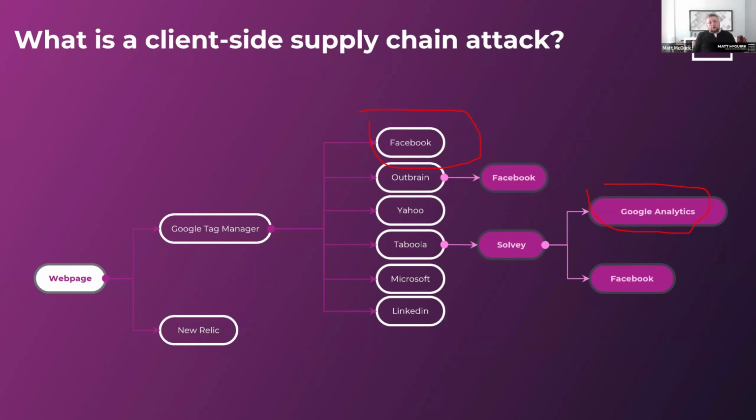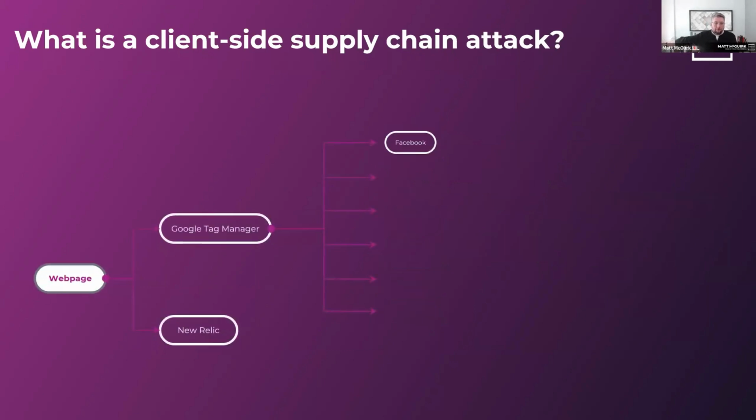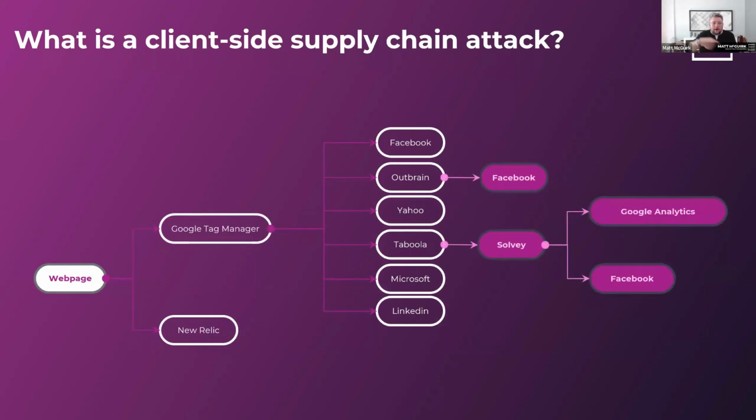And so as a result, you as a merchant or a service provider can't control when that code changes, strictly just because of version releases and stuff. The more pernicious part of it is that this code often changes at the time of request. So as the browser's going through and loading this stuff, the server on the other side might change the contents of the file based on the request to bake in a user token, to add